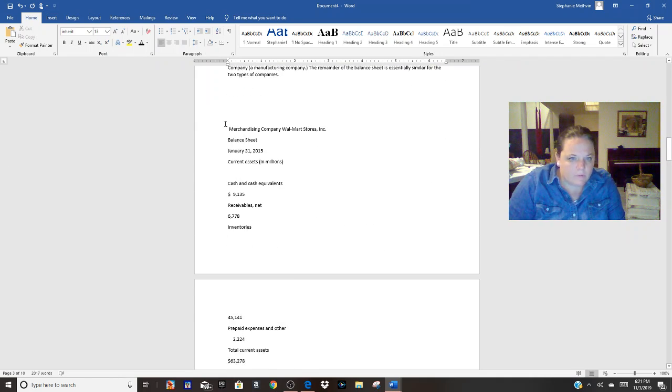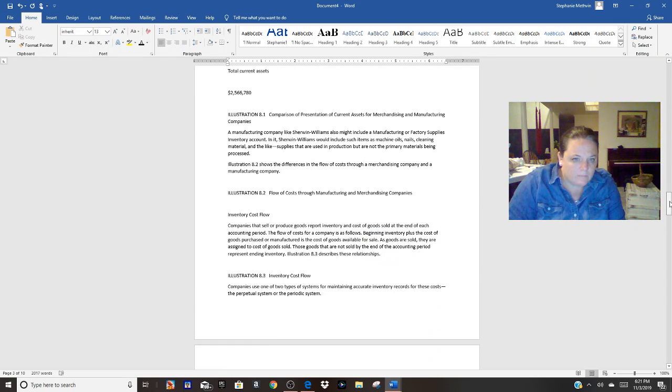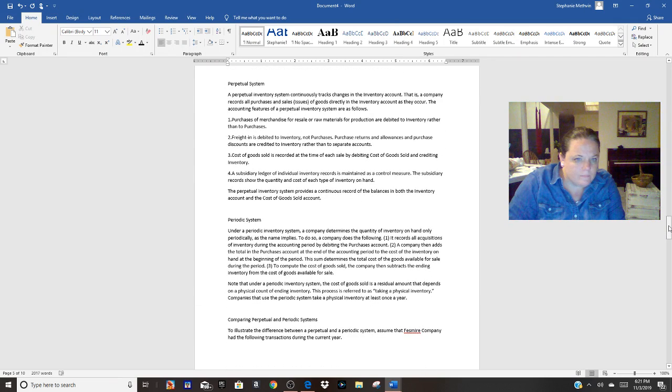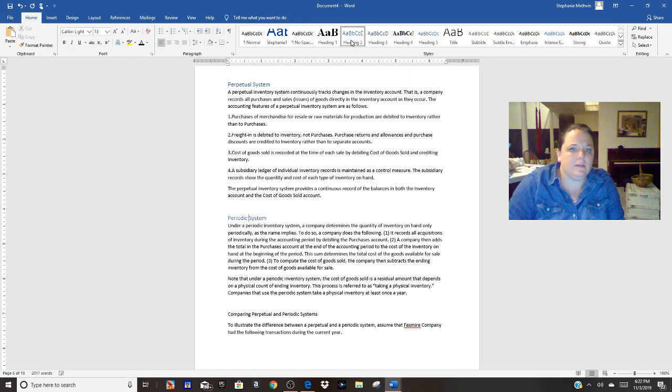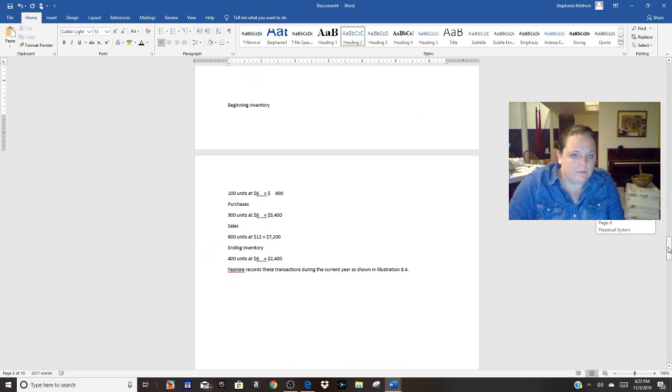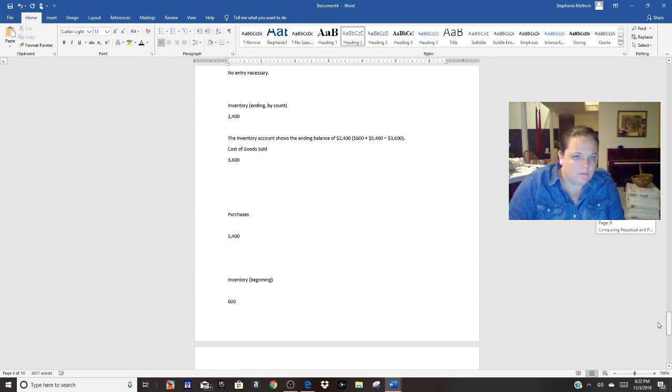Okay, this probably needs to go into a table. I'm not going to do that right this second. Periodic system, heading 2. Periodic system, heading 2. Comparing the two, heading 2. This is actually another math problem, let's see.